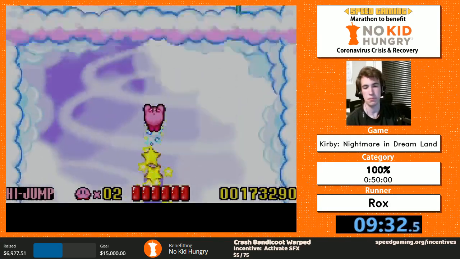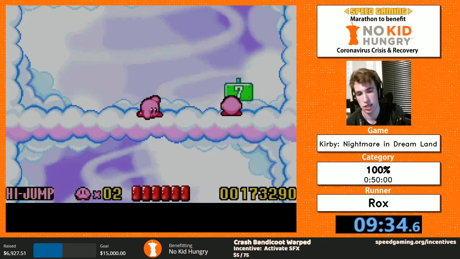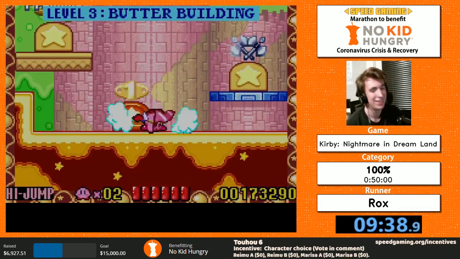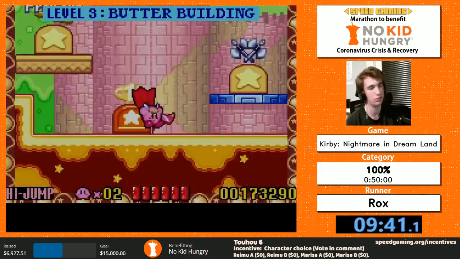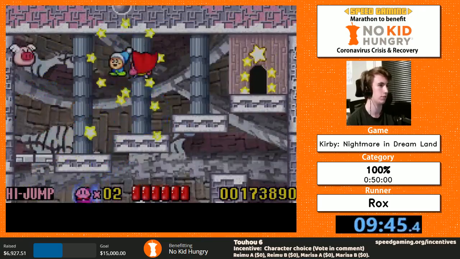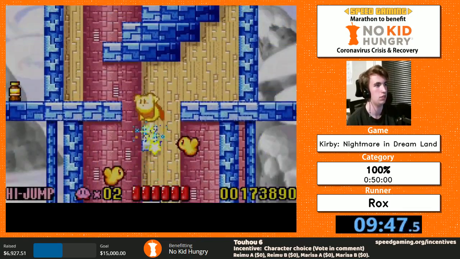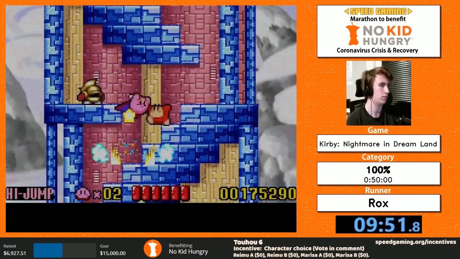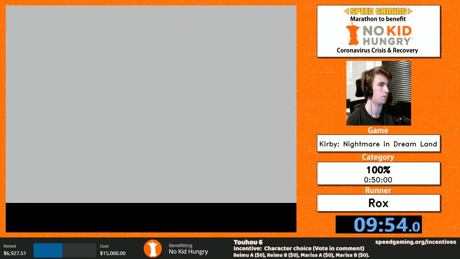Then right here, we got the worst level in the game. It's not the worst level in the game. It's one of the worst levels in the game. But 3-2 is notorious for the mini boss at the end, which is Bugsy, which is really just a huge run killer. But first we have this pretty nifty clown